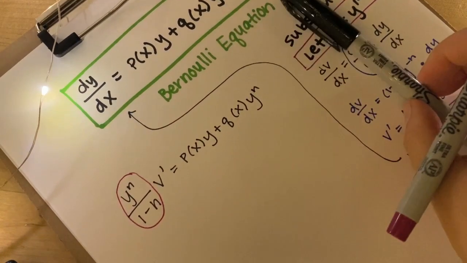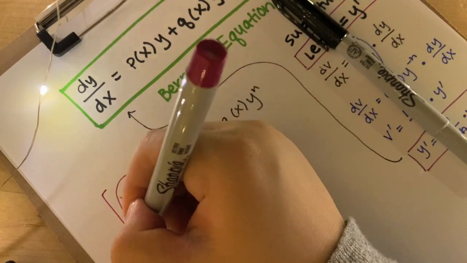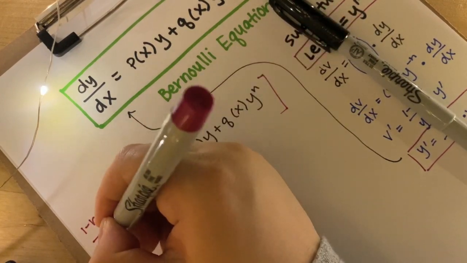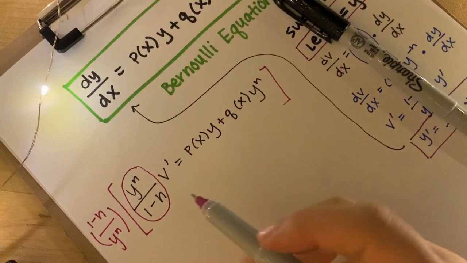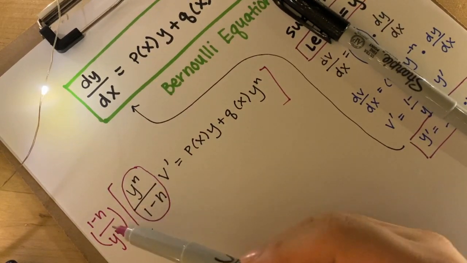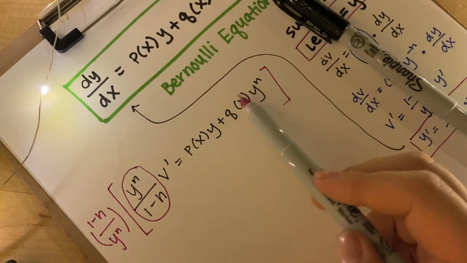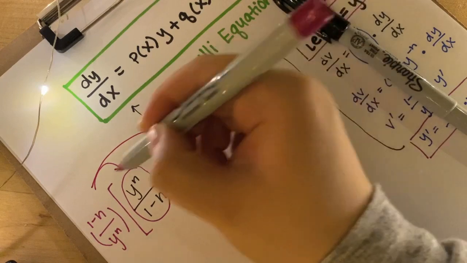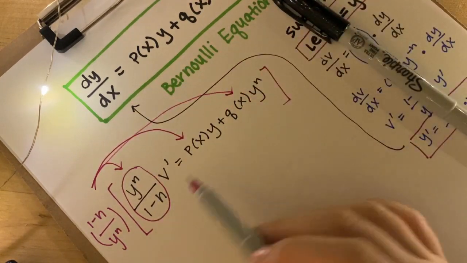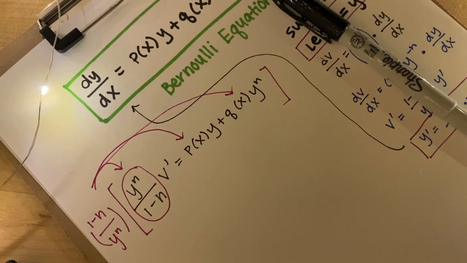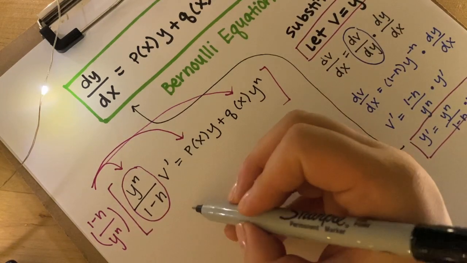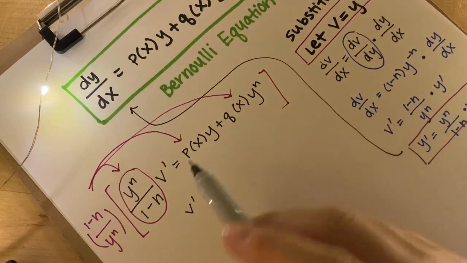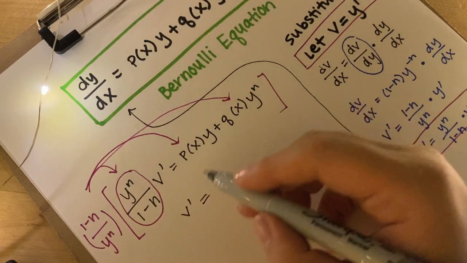We can do that by multiplying by the reciprocal on both sides. Meaning this will cancel with this, but we have to multiply that factor by each piece, right? Kind of distributing it across the entire equation, dividing both sides, however you like to think about it. So in order to do that, we get v prime, that isolates our dv dx, equals, and then we have 1 minus n